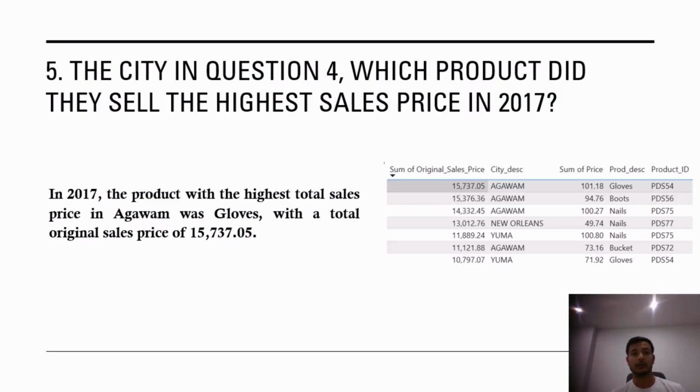The next question is, for the city in question 4, which product did they sell the highest sales price in 2017? To find this out, we filtered the dataset to show only transactions from Agawam in the year 2017 and grouped the data by products. The visual was sorted by original sales price in descending order to identify the top selling product. Thus, the product gloves has the highest cumulative sale price in that city, totaling 15,737.05. Moving on to the next question,